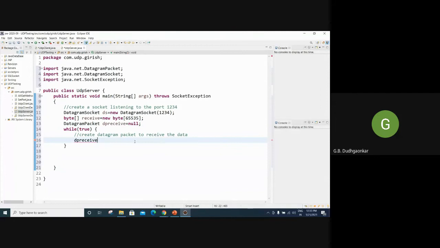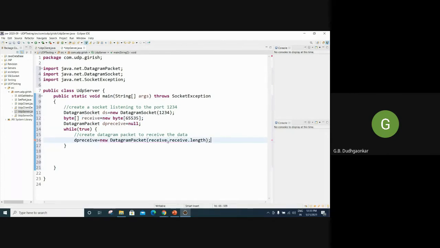DP receive is equal to new datagram packet, and we have to write only receive, that is data in the byte format, receive comma length.